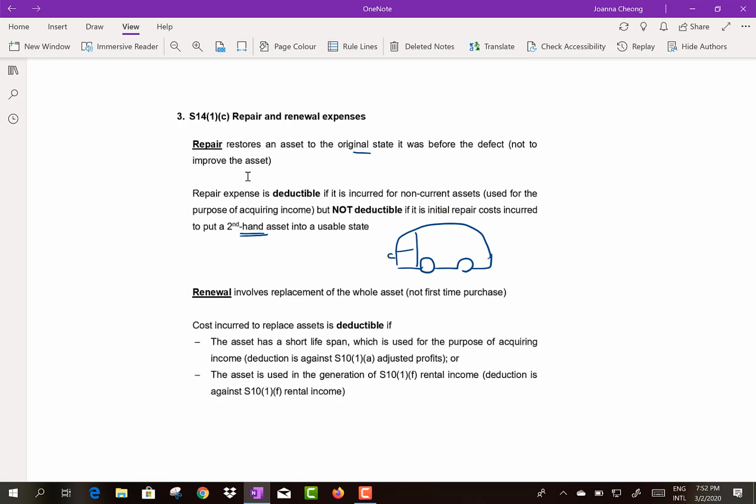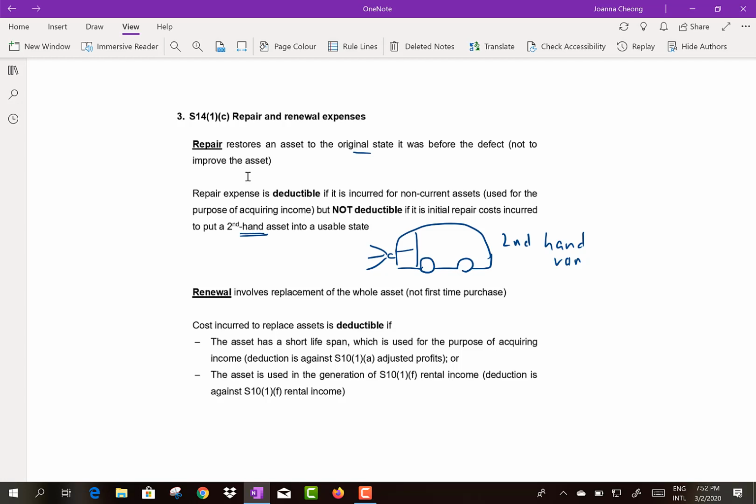What is this? A car? Van. Looks like a van to you, right? Not a car? Okay, let's say you bought a second-hand van, but you have not used it yet. You have to make sure that it is in good working condition, right? Before you can use it on the road. Otherwise, the brake spoiled. How? Cannot stop. Alright, so if you were to incur any